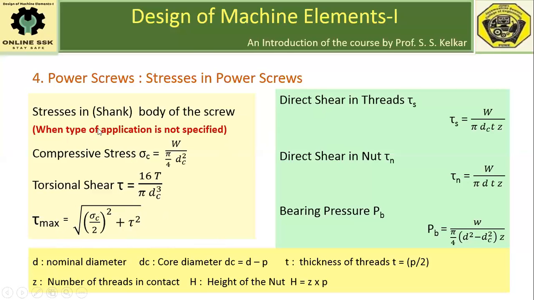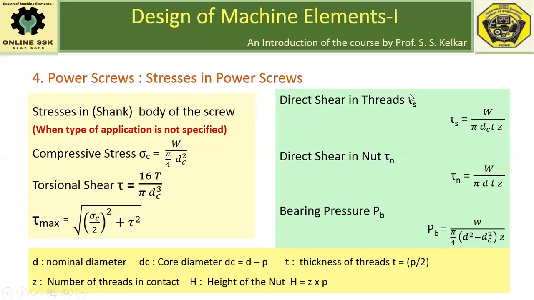Besides the body of the screw, the screw comprises its body as well as the threads, and stresses develop inside the body. Right now we have taken that into account. Now we have to take into account the stresses getting developed inside the threads of the screw. There we have to take into account the direct shear stress developed inside the threads of the screw, as well as the bearing pressure at the interface of threads of screw and the nut.